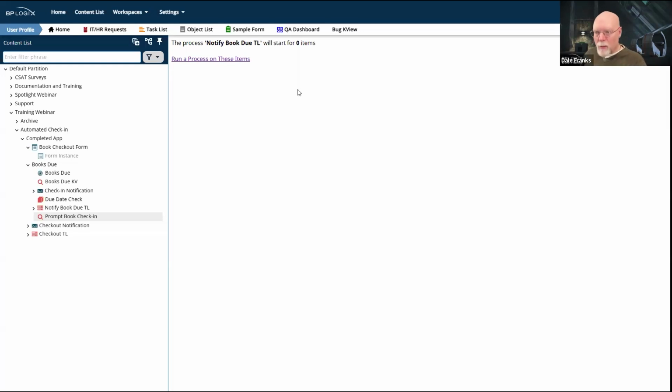The reason that it will start it for 0 items, even though I still have 2 books that are still checked out, is that notification checkbox. We've already been prompted. I say notification checkbox, that prompt for check-in checkbox on the form. That's been checked. Because it's been checked, I have nothing to do.